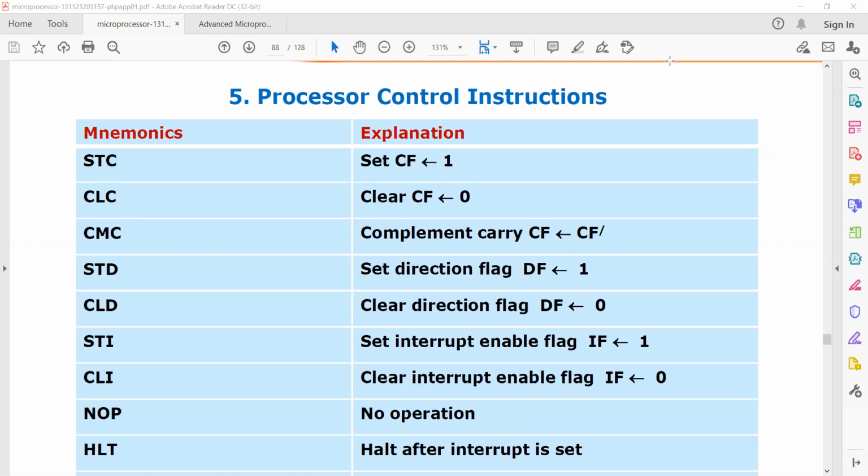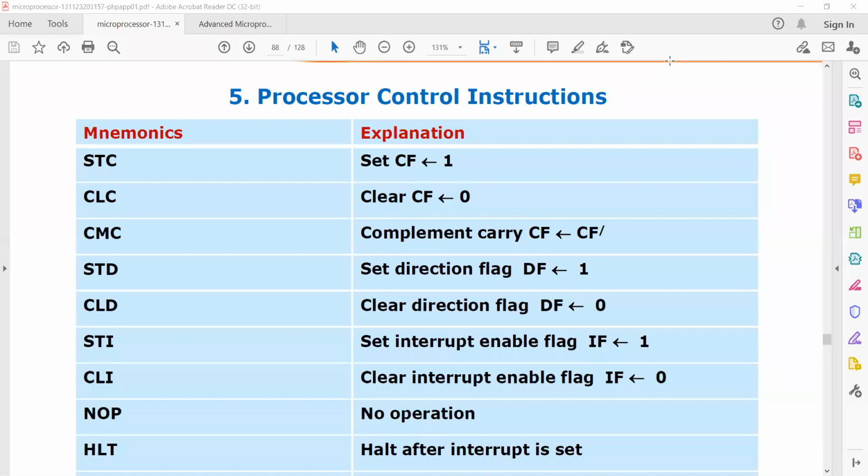In today's class, we will discuss the next category of instructions in the instruction set of 8086, that is processor control instructions. These are the instructions that control the processor.